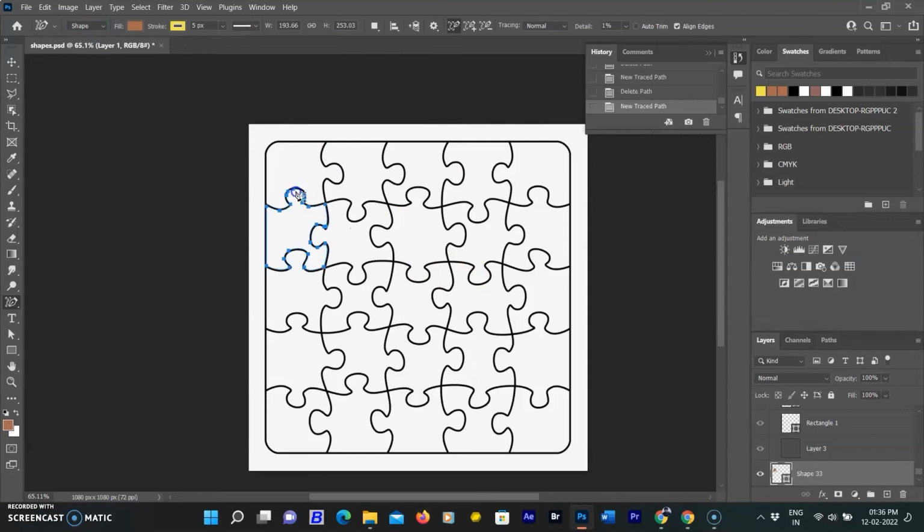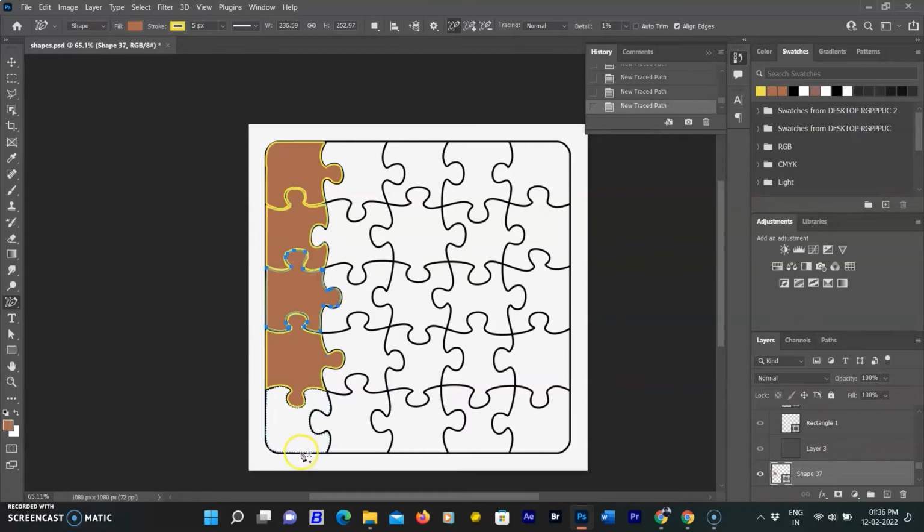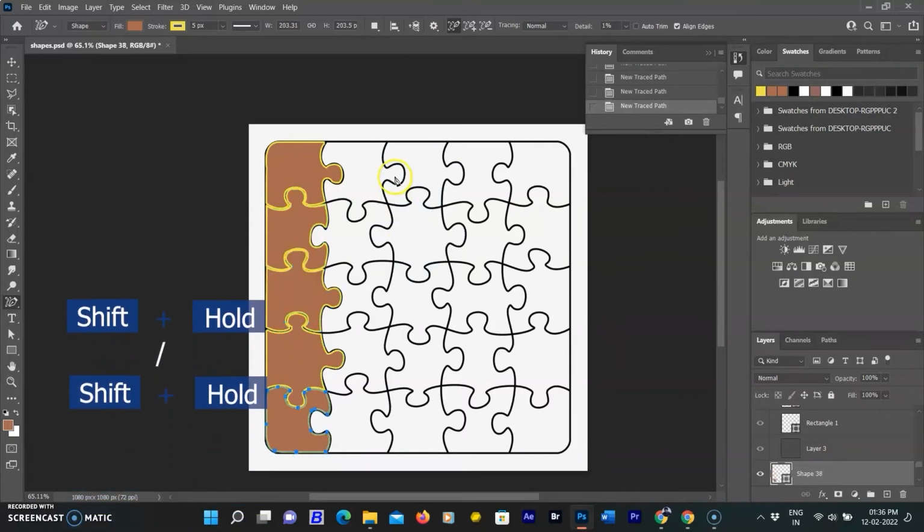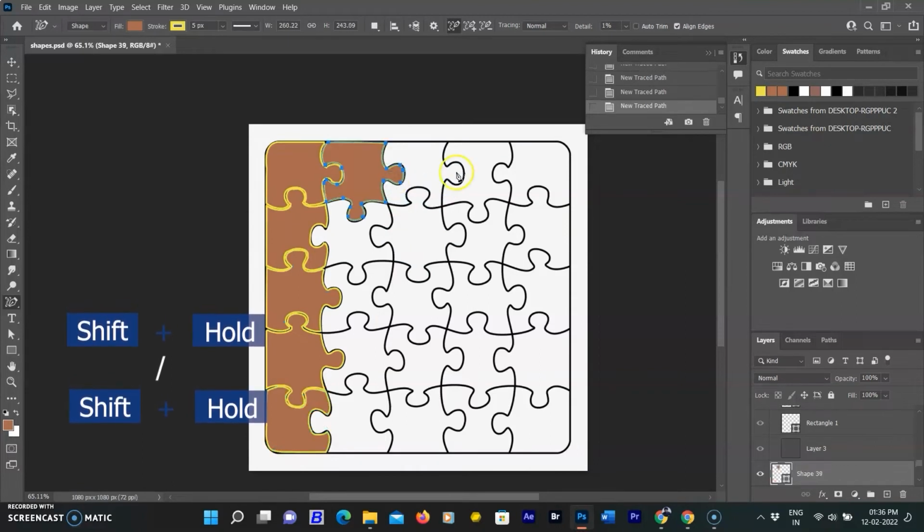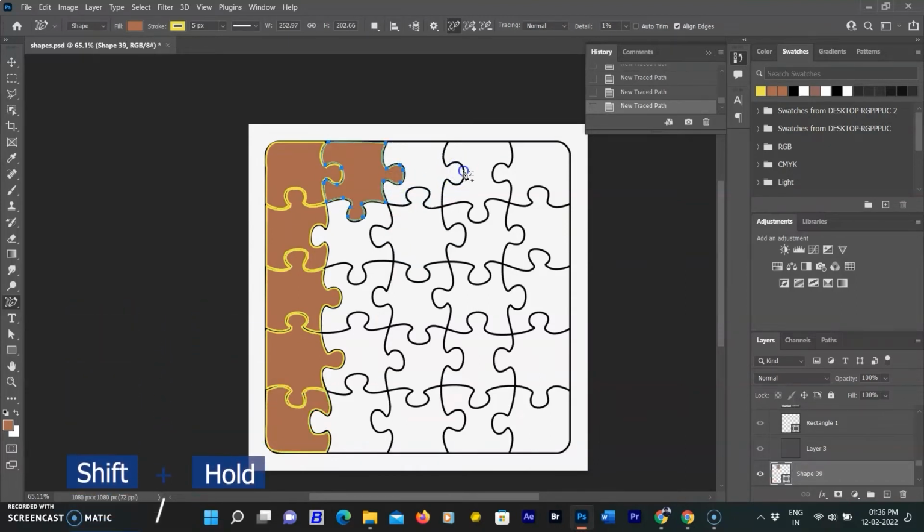As you hover the cursor over the edge of an object to highlight it, click on the highlighted section to create a path. To add to the path, hover over an adjoining edge to highlight a new section and hold the shift key while clicking to extend the path. The pink line that appears indicates that you are adding a new section to the existing path.